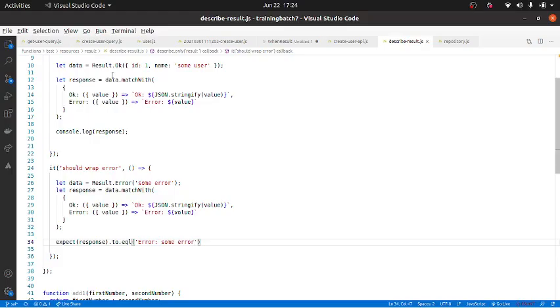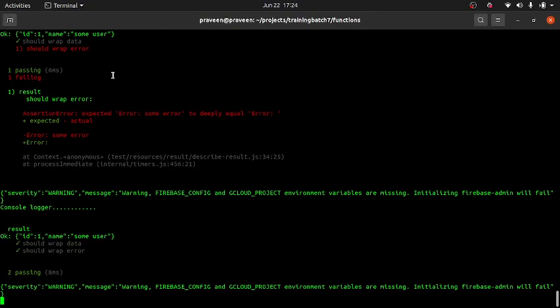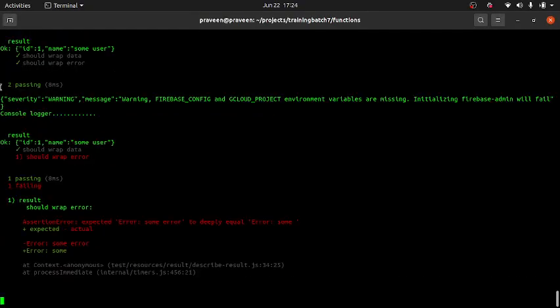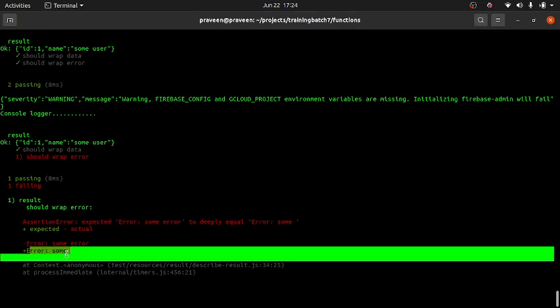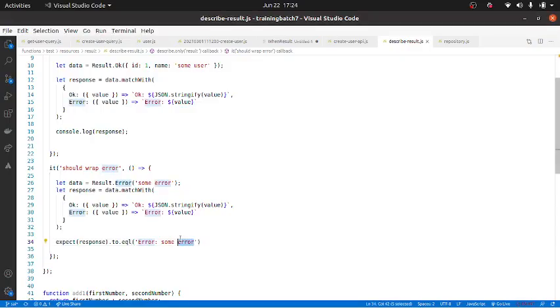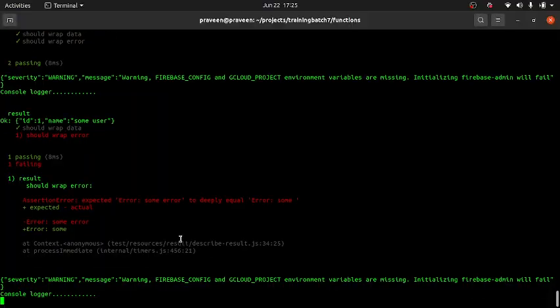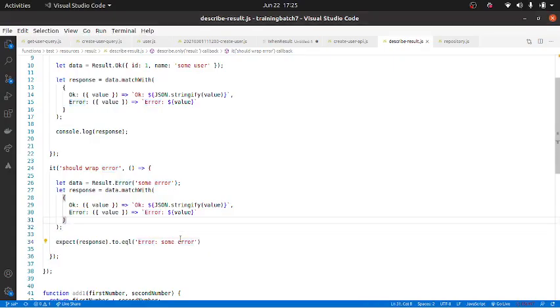It passed. If I remove this, it will fail. It was telling us it was expecting error, some error, but it was error some. So if I do error, some error, it should pass, right? What that essentially means is the response had this as the return value. And why did it return this one? Because we have told result.error.